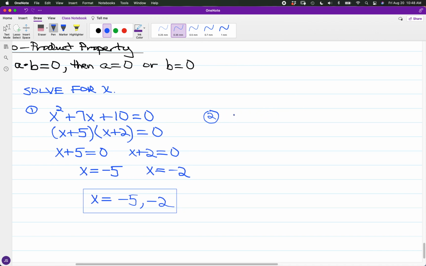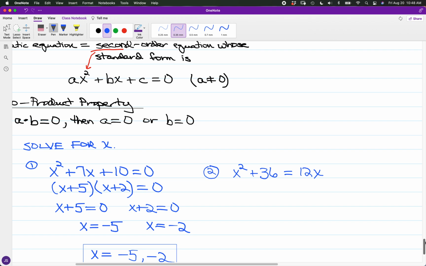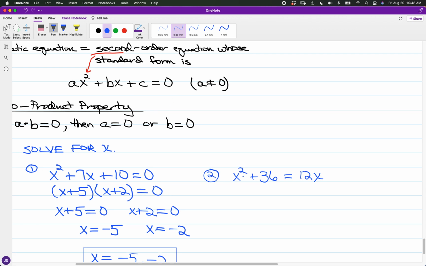Now, let's say you have an equation that is not provided in standard form yet. Let's say we have x squared plus 36 is equal to 12x. For what we have here, we don't exactly have the standard form. They've got the ax squared at x squared, and have c at 36, but you got the bx at 12x, not on the same side, but across the equal sign. And so we'll just fix this